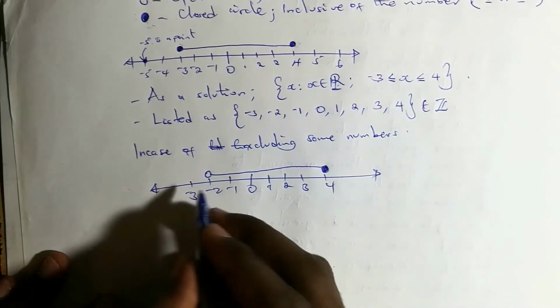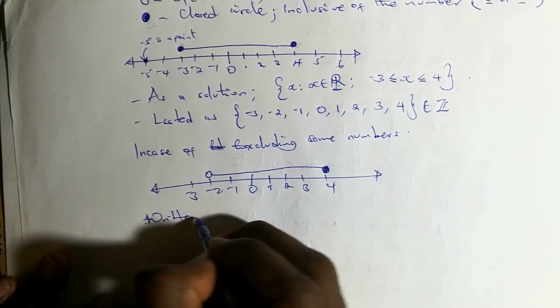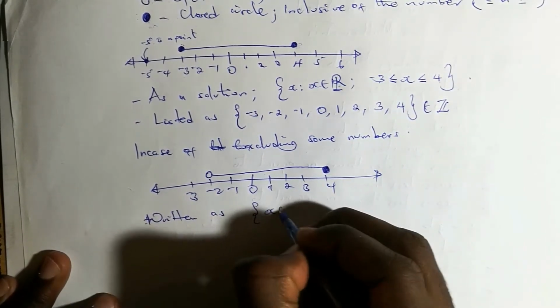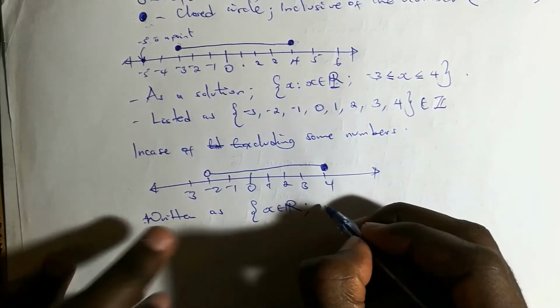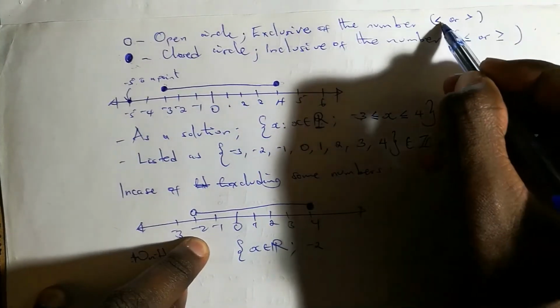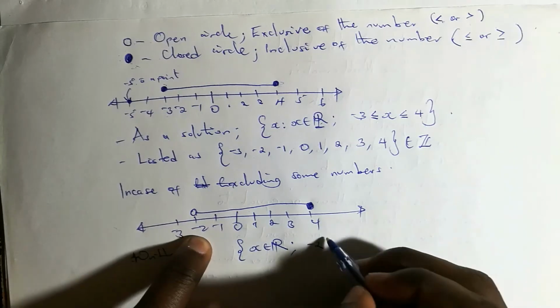We can write this as a solution set: the set of x in the real numbers. For -2 with an open circle, x is in between here. That means -2 is actually less